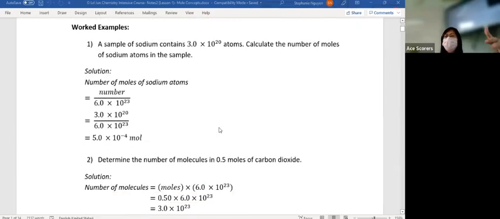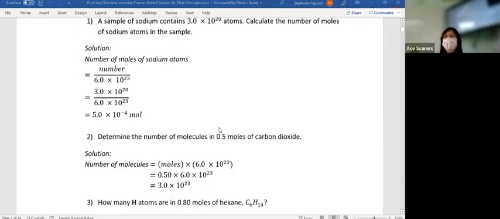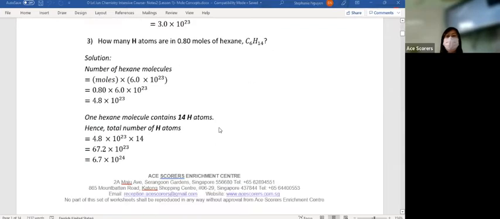Now, there are so many words to read in the notes, but not to worry, we are going to summarize everything first. So let me share with you what this Avogadro Constant is. If you read the notes on your own, I don't think you will understand. So first, when we talk about Avogadro,